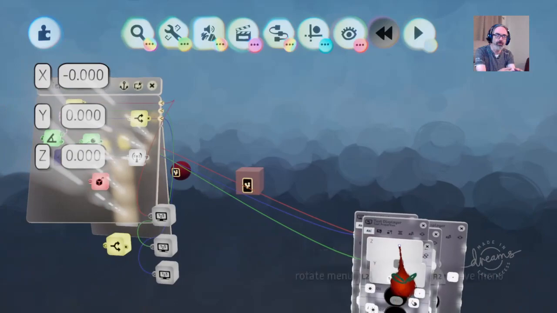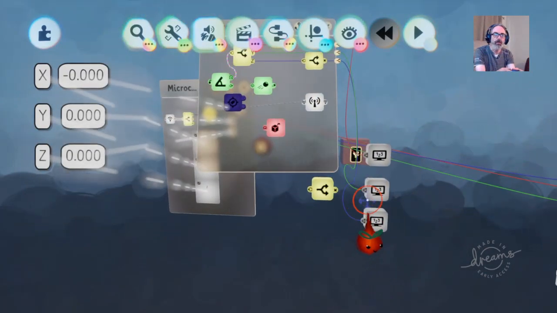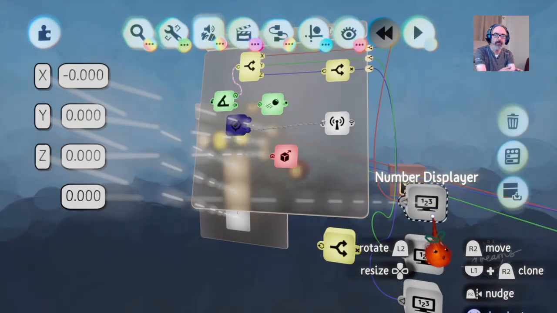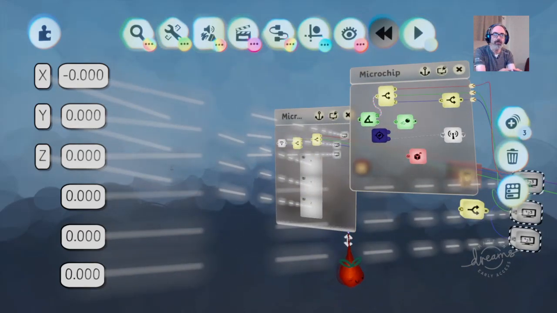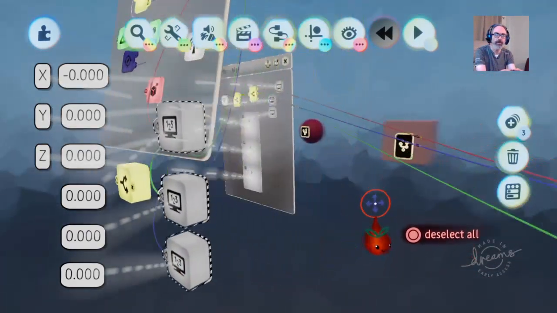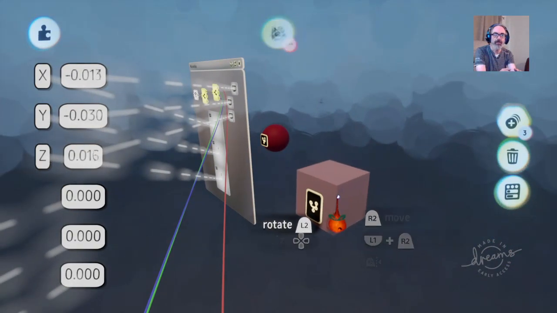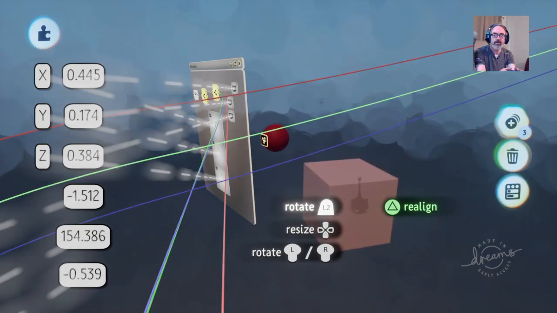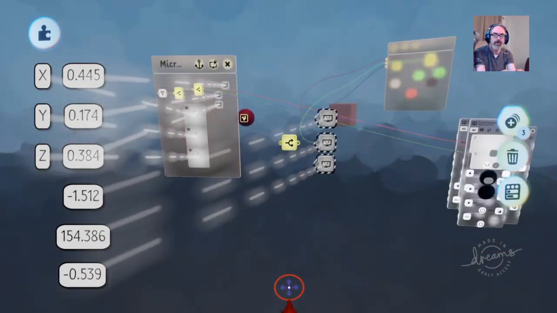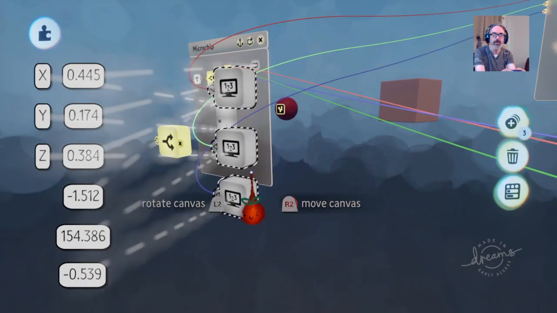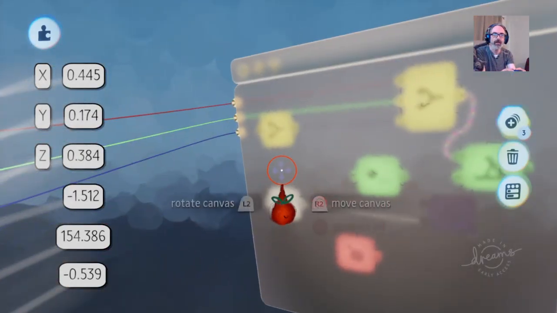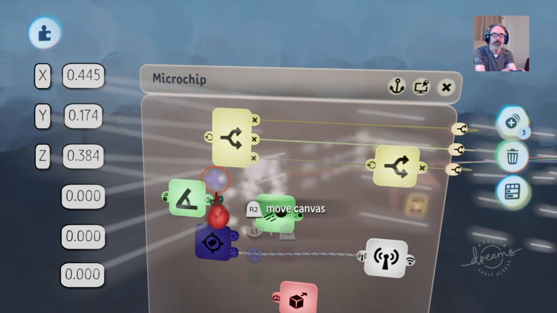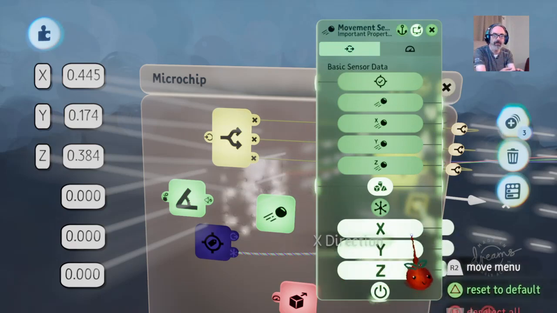This was just to show you what I've done so far. Those are number displayers. Let's see if I select these. Okay, so when you move this or rotate this, you see some numbers are changing, so that's position. And if you rotate it, you'll see those are, let's see, what are those actually? Let's see what I've connected to these. Okay, that was the angle sensor, but you can remove this and have something else connected to it,